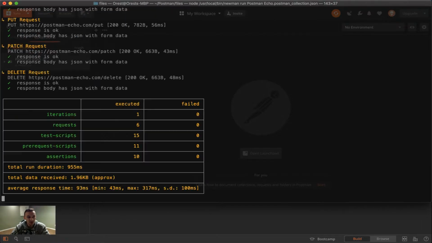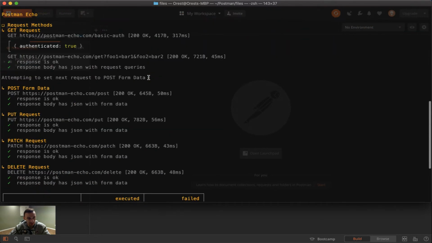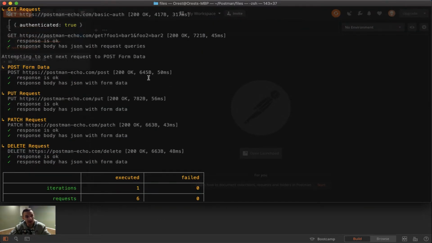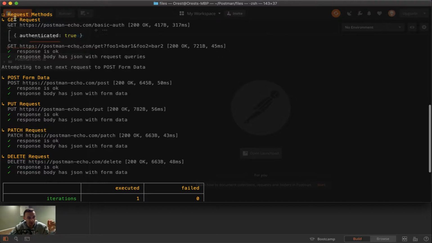And what we'll see here is something very similar. Again, it looks like what we've seen in Postman Monitor, if you looked at that video, or Postman Runner. And it just takes the same type of layout and puts it on a console. So we get to see the same type of layout with the get request, post form data, put request, patch, and delete request. Additionally, we get to see under here the tests that actually ran, and we see a little green check mark as well if they've passed,